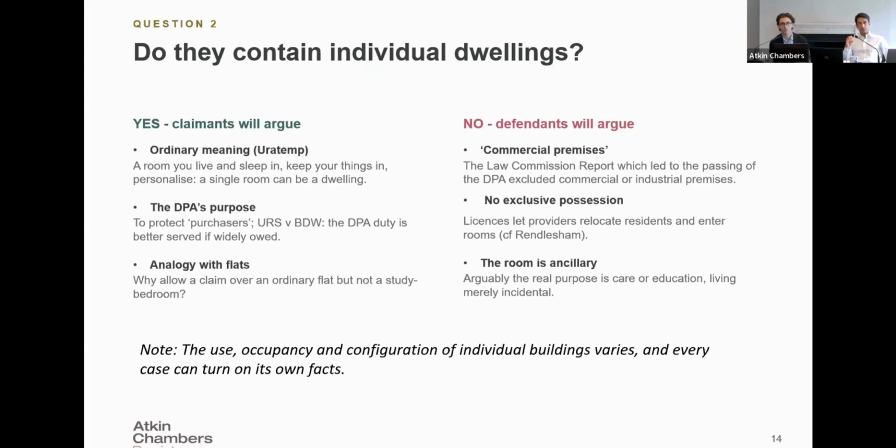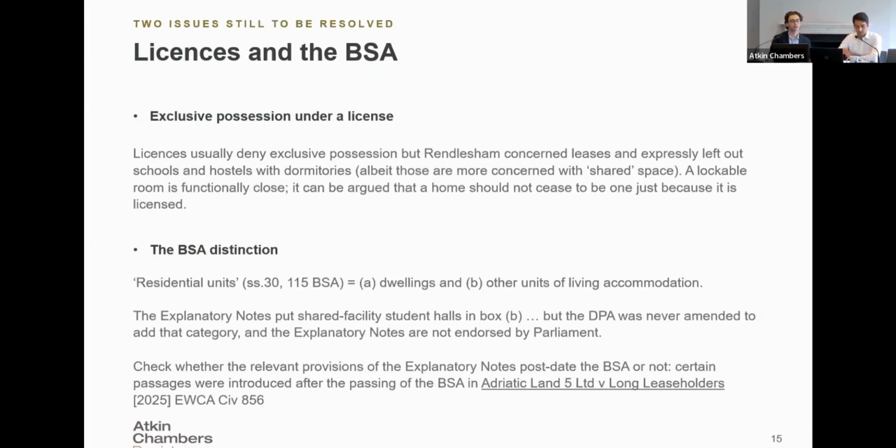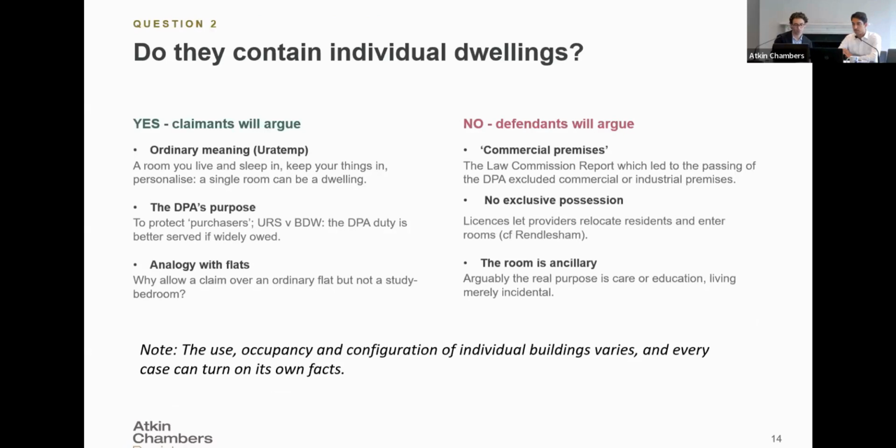It's probably evident from this that there are arguable points to be made on both sides, and we're seeing a lot of interest in defendants seeking to argue that complex building types aren't dwellings, and I think that's where we get to on our examples. And I think just before we turn to licenses and the BSA, the third bullet there on the left-hand side,